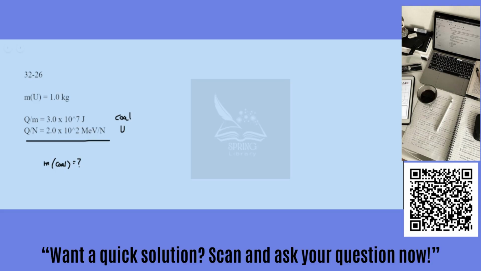Right, so we need to know a couple of things about what we're dealing with. First, we want to find out how much energy is released when we burn 1 kilogram of coal. So the energy for uranium, it has to deal with uranium, right? How much energy do we release when we burn 1 kilogram of uranium? Well, we can simply find that to be, this is not charge anymore, excuse me, the energy per fission multiplied by the number of fissions